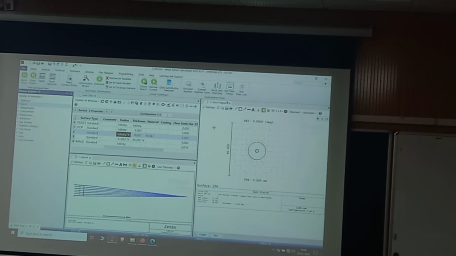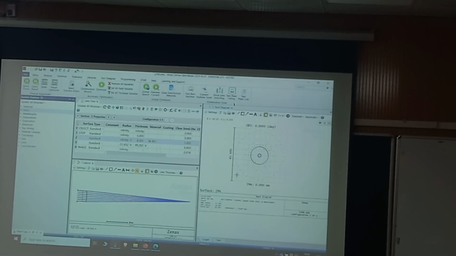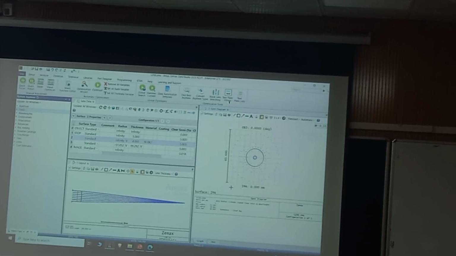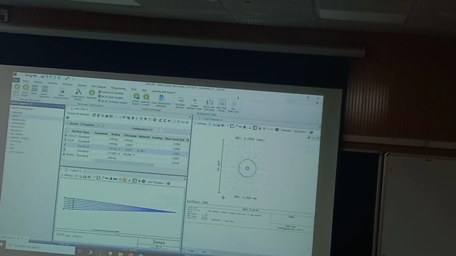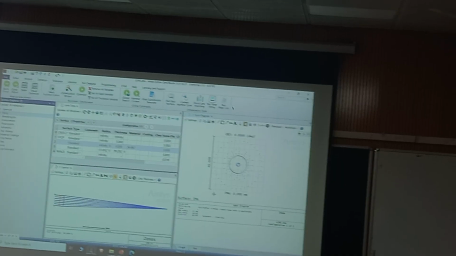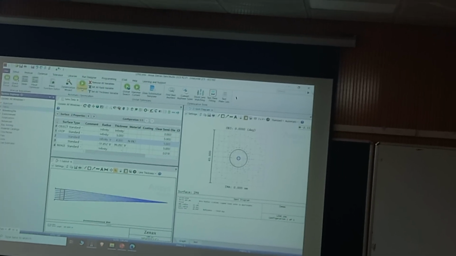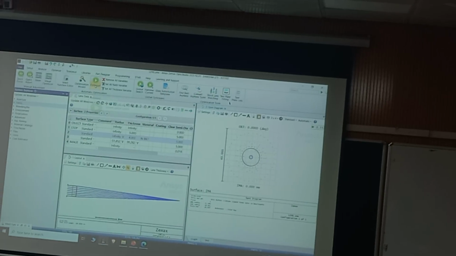Then in the spot diagram, we opened the settings and selected show Airy disk. Because of this, we got a reference circle: what is the diffraction limited performance for this lens? So we have a standard up to which we have to reach. With all this set, I will simply go for the optimize button.